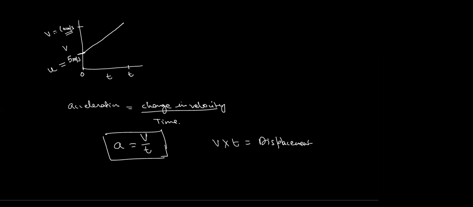So if I need to calculate the acceleration, then the slope of this line will give me the acceleration. You will say, you will not be able to understand what the slope is, sir, this is a new term for us. What is the slope? Slope is simple. The slope of a line is y2 minus y1 upon x2 minus x1.